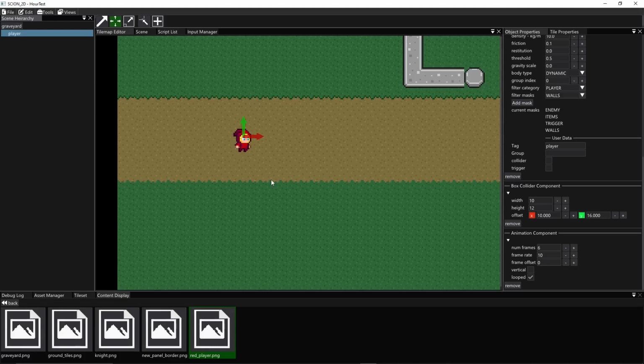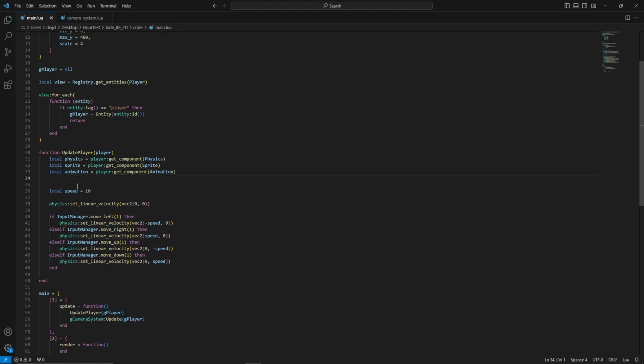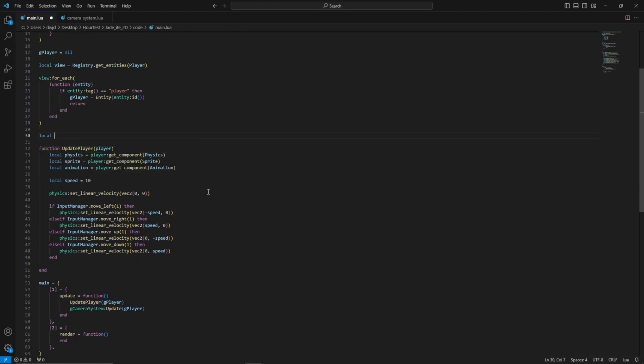So now that we actually have added the animation component, we can add that in our script. So let's go back to our Lewis script, and let's grab our animation component. We might as well grab it at the top. Local animation is equal to player get component animation. Awesome. So now that we have animation component, I got a little hack I'm going to do here because I need to know if I'm looking left or right. So we'll just say local left is equal to false,